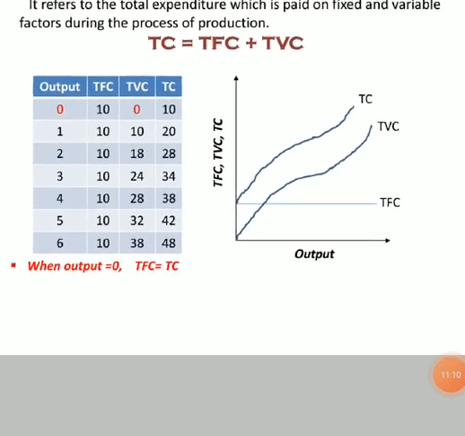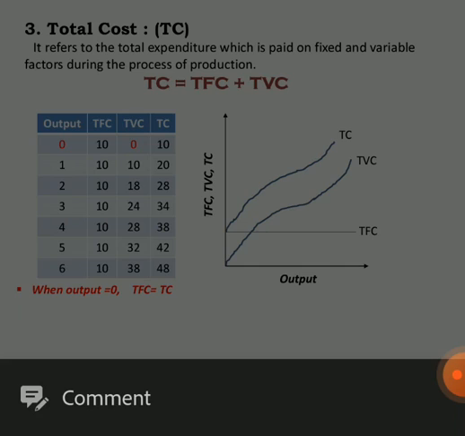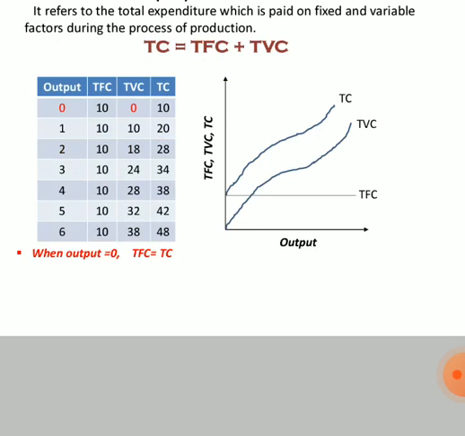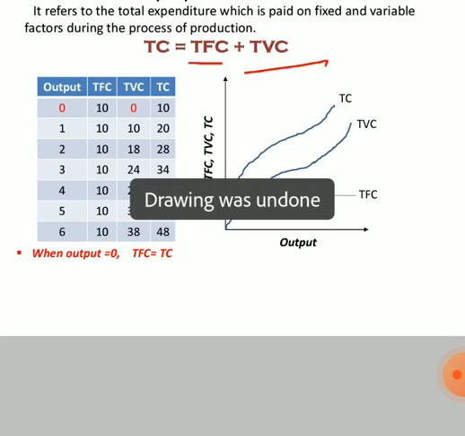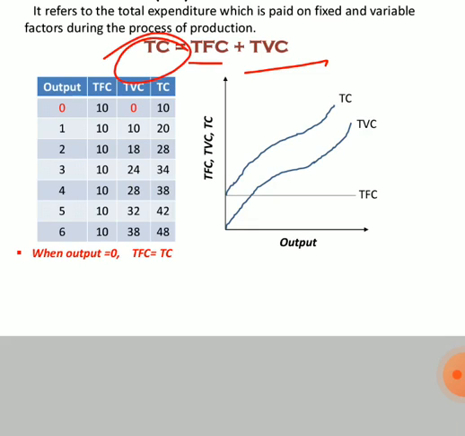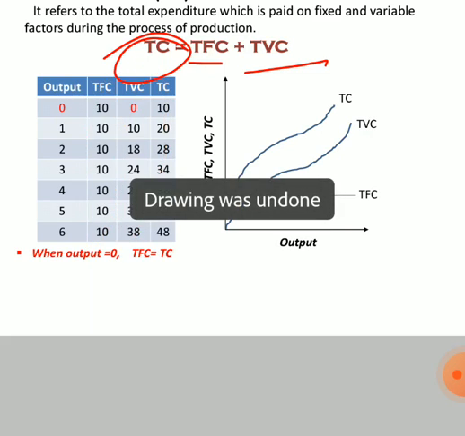Now next is total cost. As I said earlier, what is cost? Lagat. The expenditure incurred on fixed assets and variable assets. So we will add both the fixed cost and the variable cost. By adding these two, we will get total cost: the amount paid for hiring the fixed factor and the variable factor. The TFC will be the same here, the TVC will be increasing, and by adding these two we will get